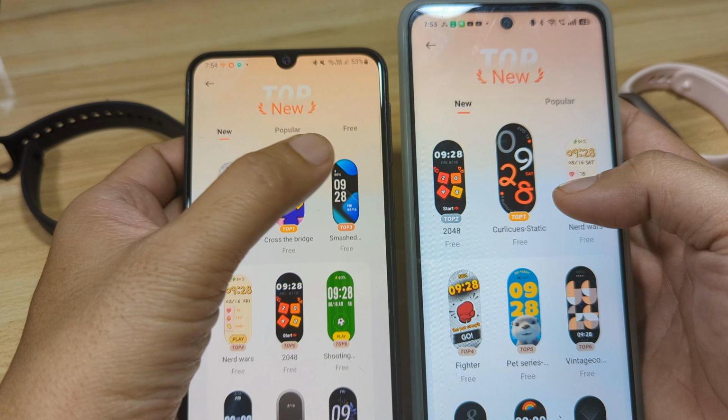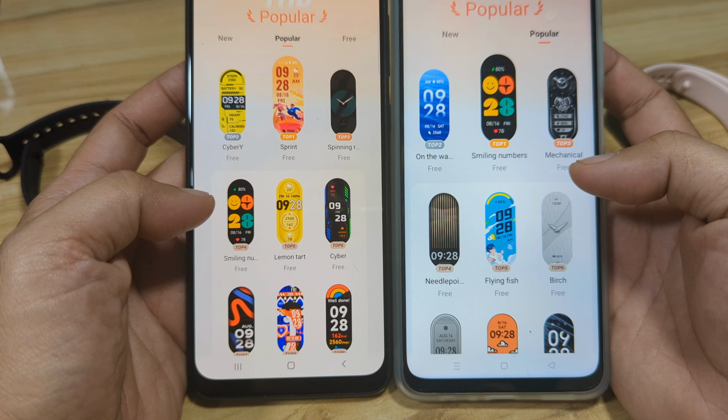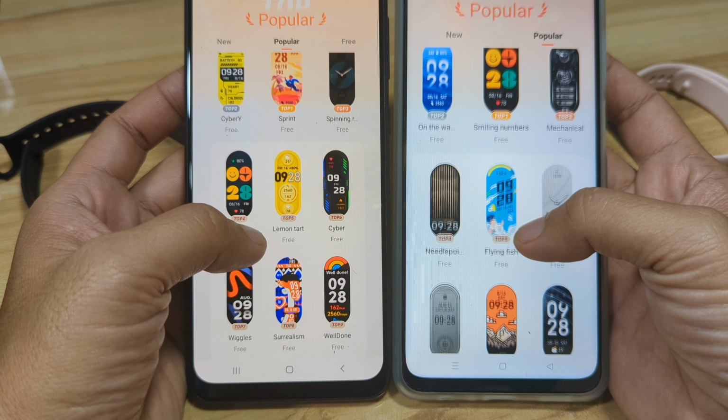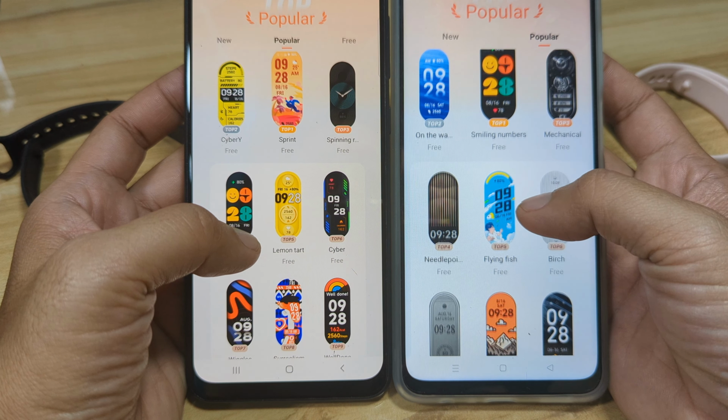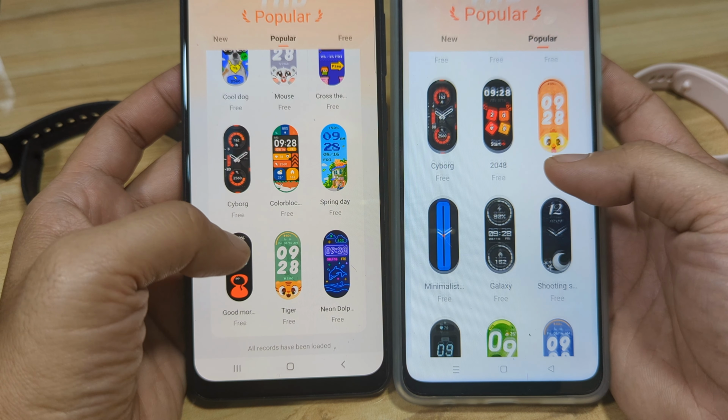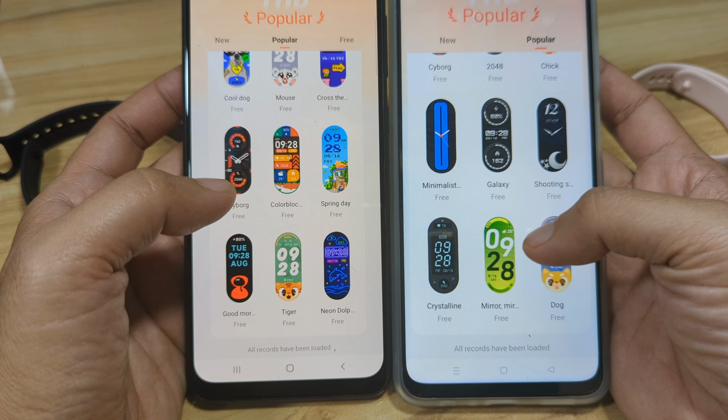Okay, I don't think it's popular for me. So we have top one, free, a very different list of top watch faces. Which do you think is better when it comes to the layout?